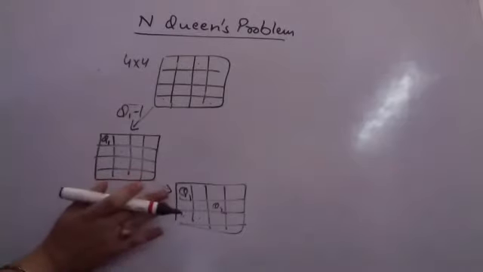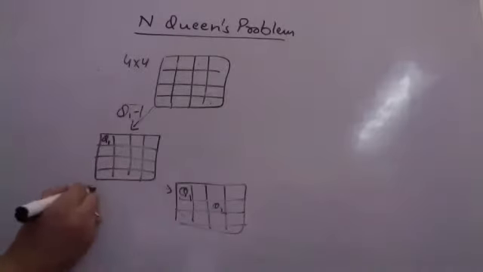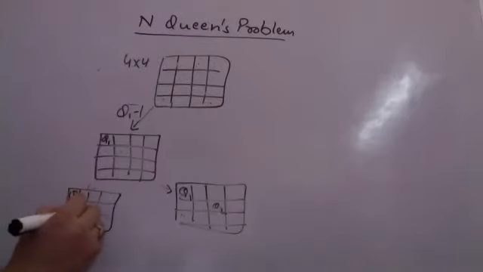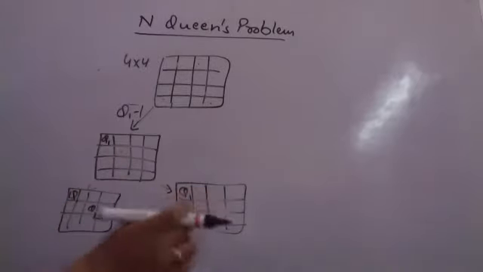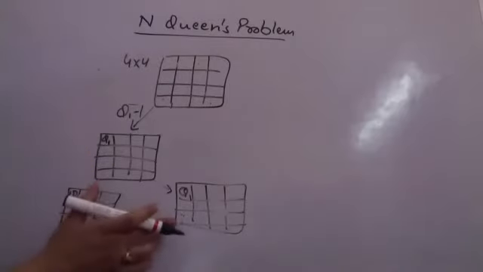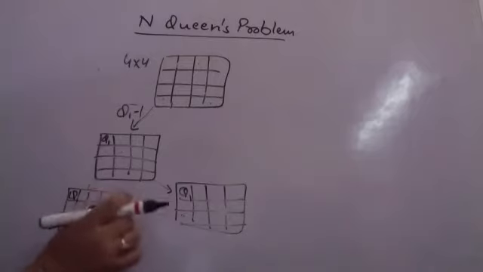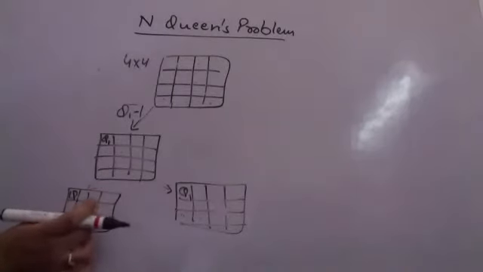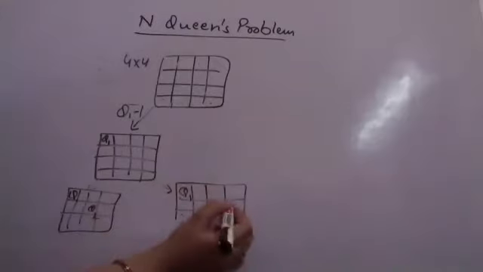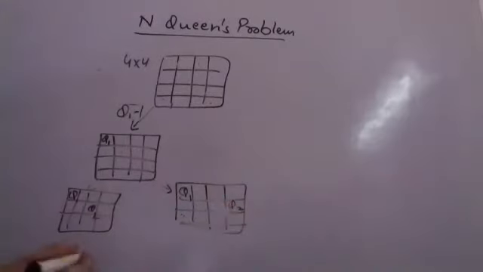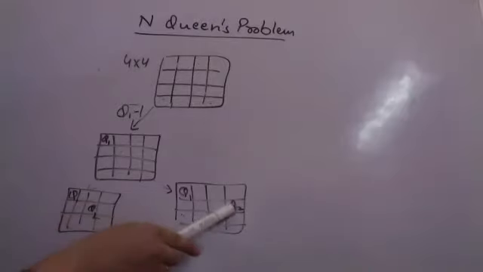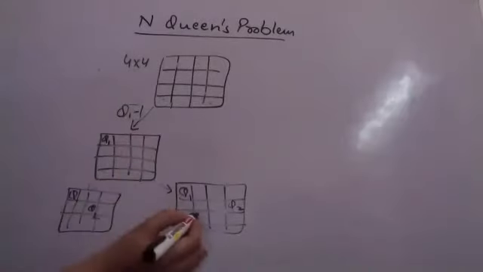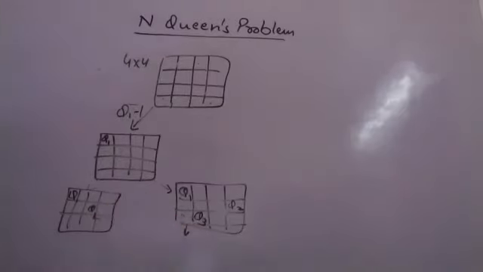So what is the meaning of backtracking? Supposedly I was going towards a possible solution, this was Q1, this was Q2. I backtrack and try to find another place for Q2 that can still be satisfied. So instead of column 3, I place Q2 now at column 4. This is still a feasible solution. Q1 and Q2 are not under attack. And now Q3 can be placed in column number 2. Still Q1, Q2, Q3 are not in attack.